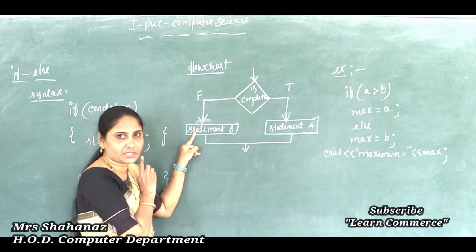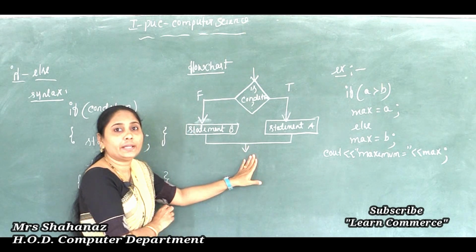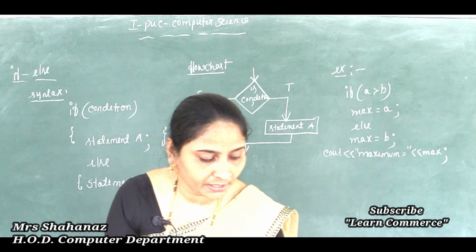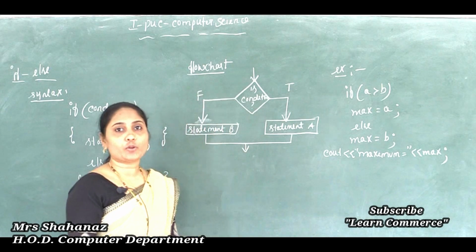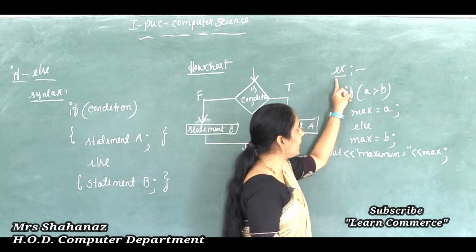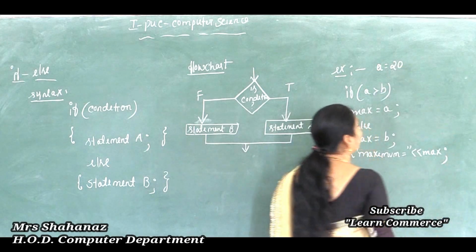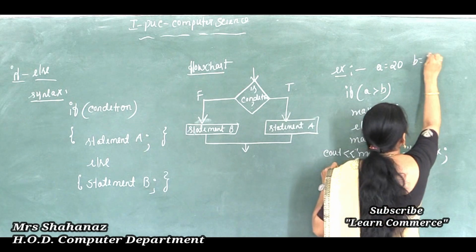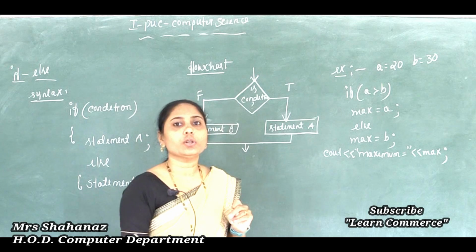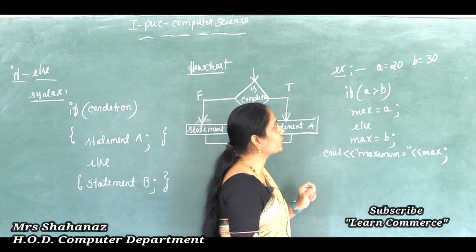Okay, whether one of the statements should be executed or not, and this is called the printing statement, any one going to execute. Now let's, by using an example, make it clear to everyone about our if else, the two-way branch decision structure. In this example, first of all we are going to assign some values to the variables A and B. A value is equal to 20 and B value is equal to 30.